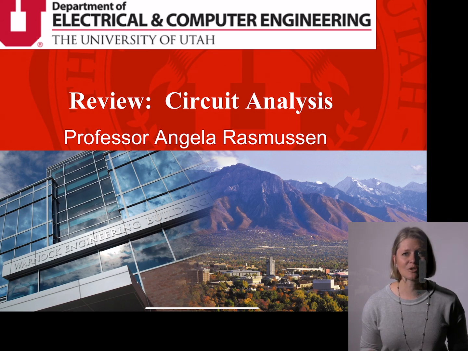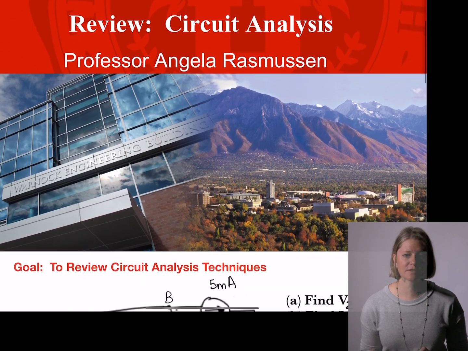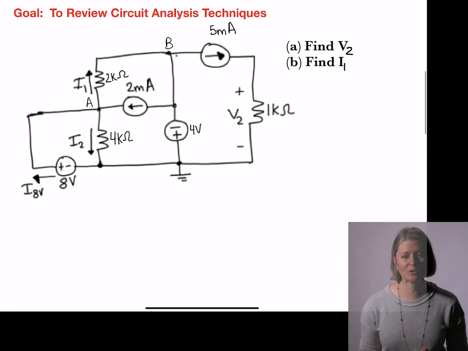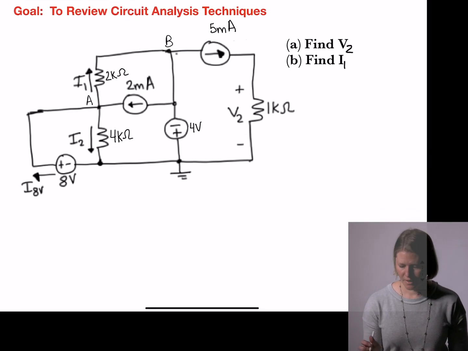Today I wanted to just do a circuit analysis review. So we're going to look at a circuit that has no dependent sources in it first, and we want to solve this circuit to find V2 and the current I1. So on here we notice that,